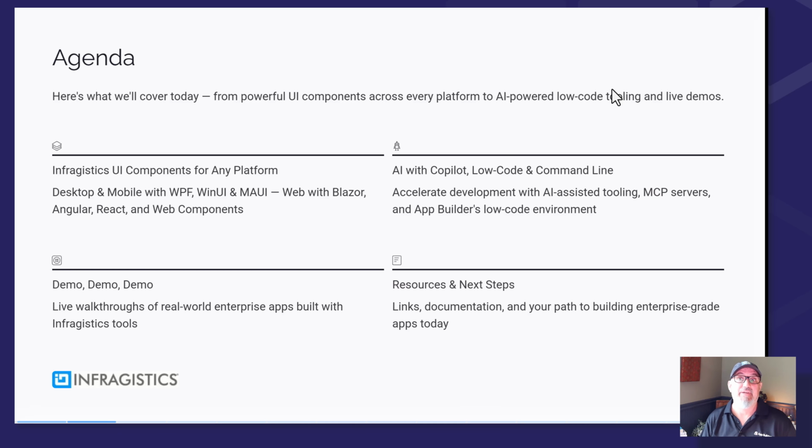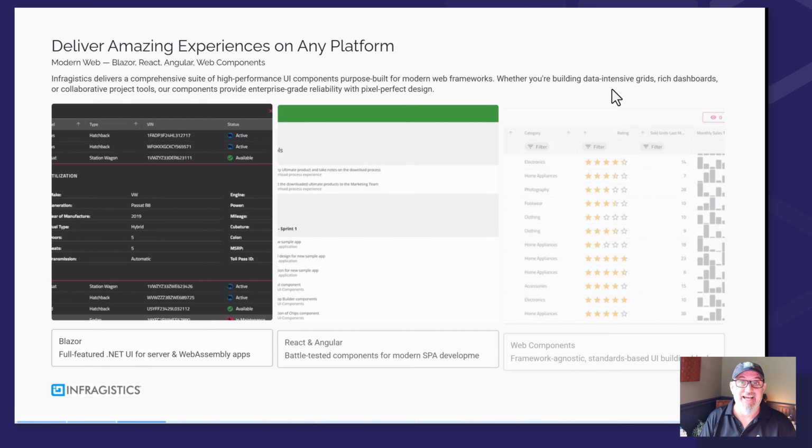Today we are going to talk about UI components. That's the main topic. What benefit do you get from UI components in today's AI world? How do they compare to vibe coding? What does Infragistics offer in terms of UI components? And really a lot of time in just demoing what we are doing. Throughout today's presentation, you'll see the website, you'll see links and demos to everything that we're going to do today. So there'll be no shortage of you being able to take this content and do something hands-on with it